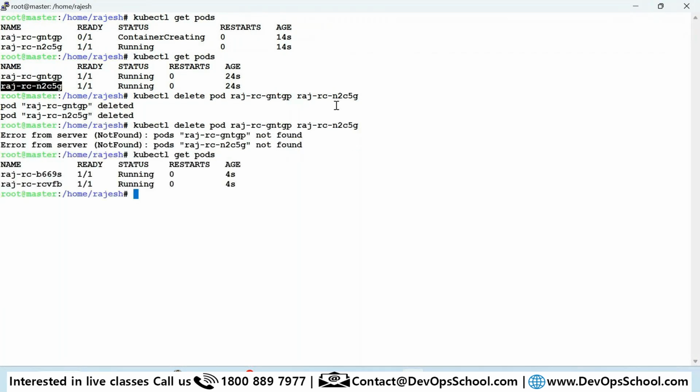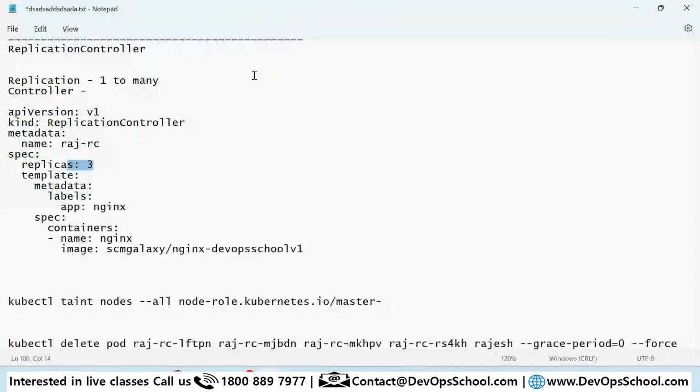Did you notice something? Yes, this feature is called the controller.